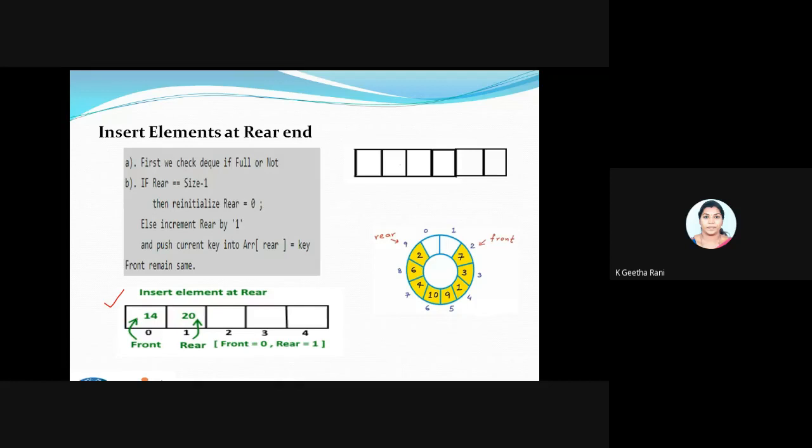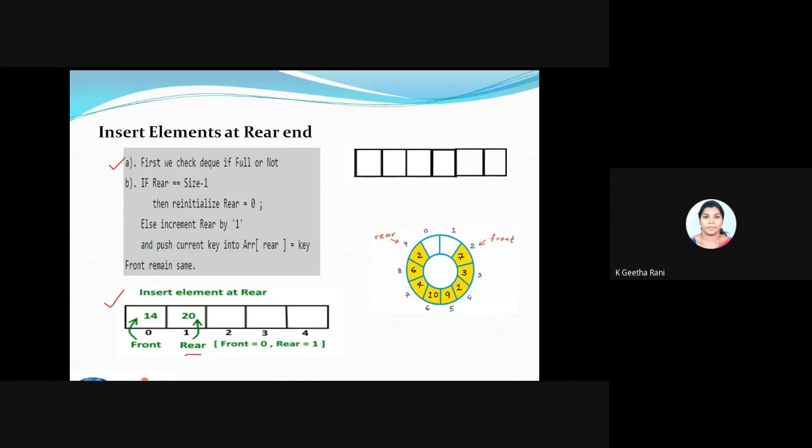If that is going to be the case, you will just increment the rear pointer. Rear is equal to rear plus 1, and you will put the value. It's very simple. If there is an element inside the queue and I'm trying to add an element next to that particular element, I have to just increment the rear pointer. But if my queue is full, or something else, that is what this pseudocode tells you. First thing I will do here is check